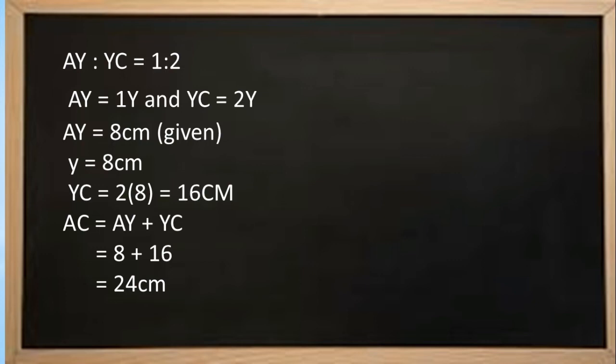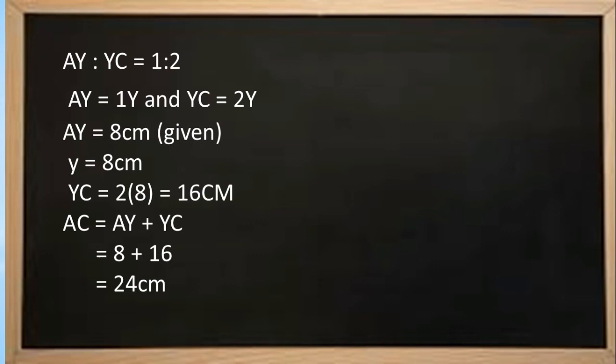Kindly observe the diagram carefully. So what we did now, we took the length AB. AB is nothing but AX plus BX. The ratio is given as 1:2, so we consider the length as 1x and 2x. As AB is AX plus BX, it gives the value of x as 4 and AX will be equal to 4, BX will be equal to 8.